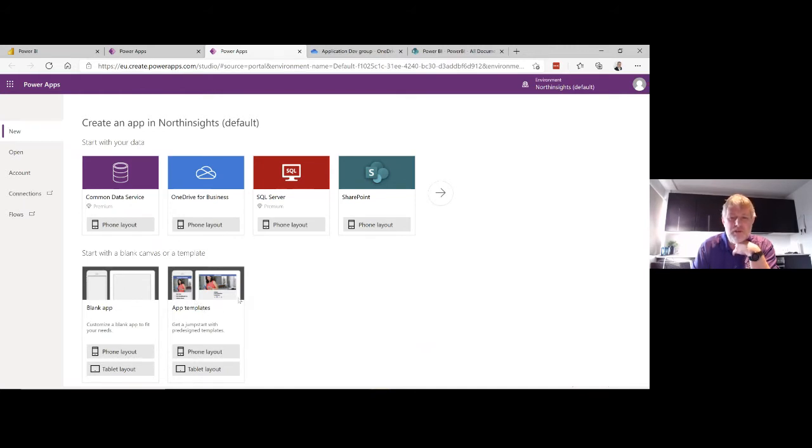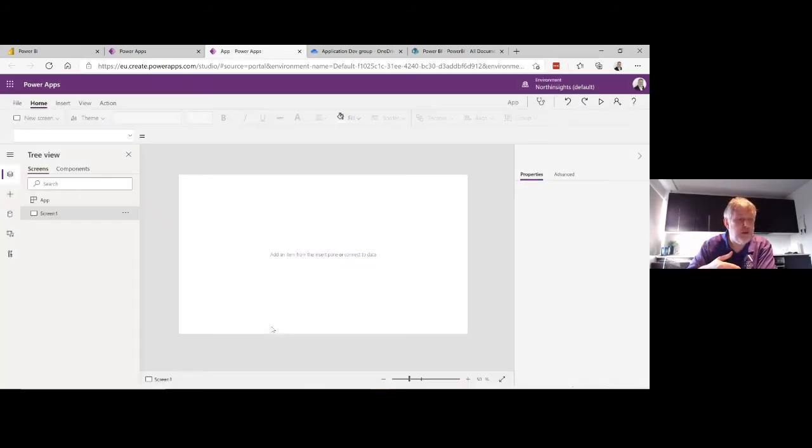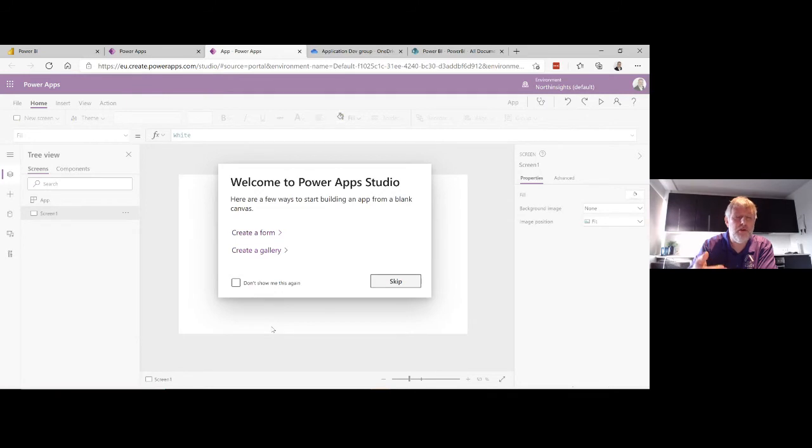There are a bunch of different templates in Power Apps that can help you create apps much faster, because you can start with a template and then delete and add things as you want. I'm going to do a blank app, and I'm going to do a tablet layout. So tablet layout is basically a widescreen, while a phone layout is portrait. And the reason why I want to use tablet layout is just because it's simpler and easier for you to see when it's on my screen. Both of these, tablet and phone layout, you can interact with them both on computer, or you can interact with them on mobile. So it doesn't change that fact, even though you choose one or the other.